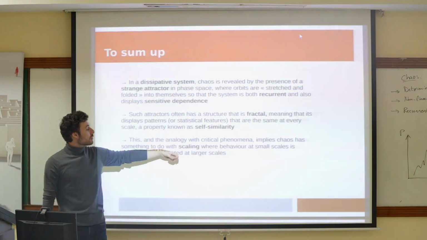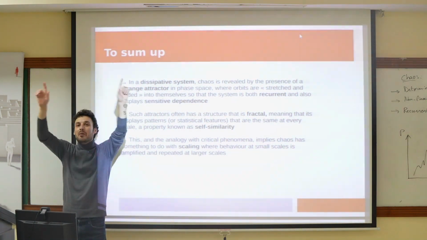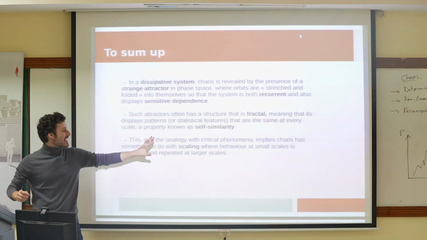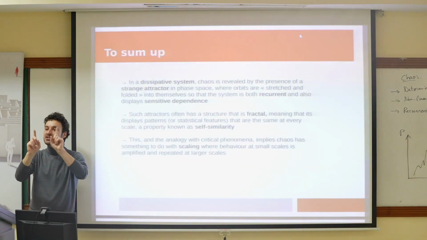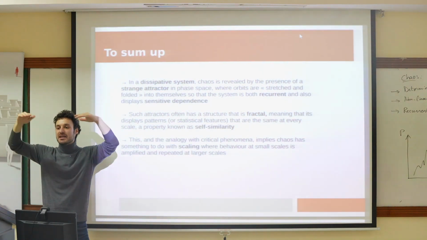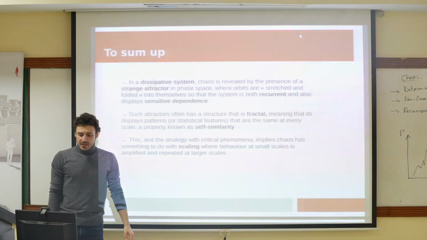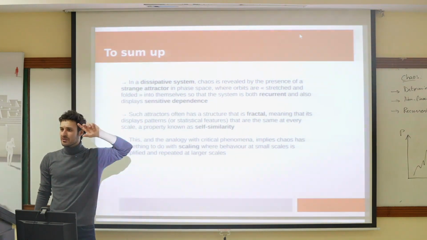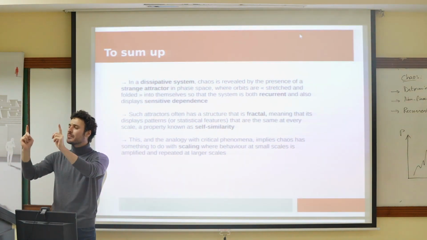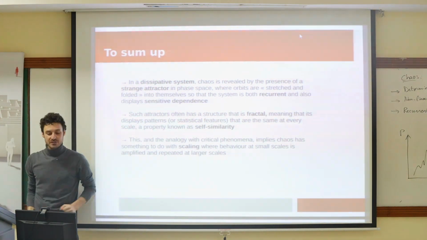And this has to do with scaling, right? If you remember the example with the magnet, the idea is that a big magnet is lots of smaller magnets, and that at the critical point, any tiny change will have repercussions because it'll manifest as a change on larger and larger scales, right? So this idea of scaling is quite important. Which you can also link back with the Feigenbaum number, right? This idea that very different systems obey the same kind of scaling laws, where, if you remember, the length between different bifurcations, that ratio was always constant.